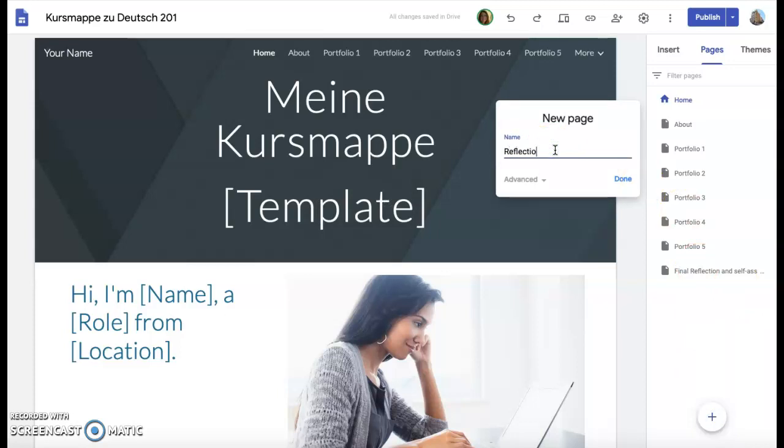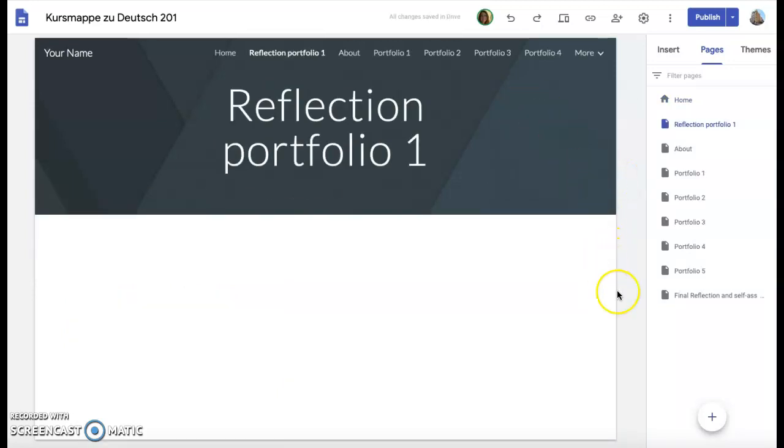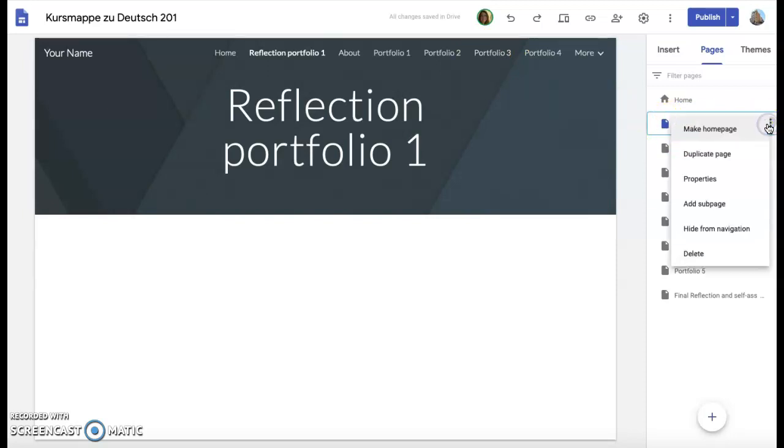So maybe I want to have a separate reflection page for each portfolio. If you want to do that, you can also just incorporate it right within portfolio one, but here's an example. Okay, so as soon as you create that page, it's going to be added up here. If you decide you want to move it, that I think will be kind of simple, but what I'm going to do for now is